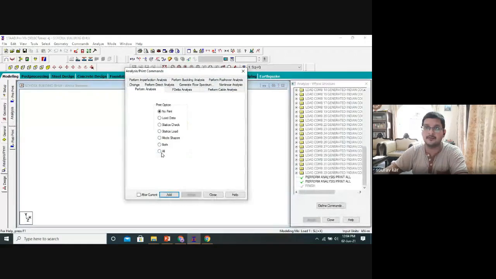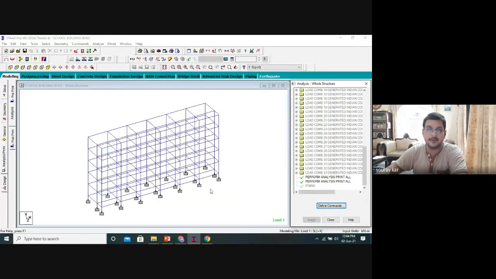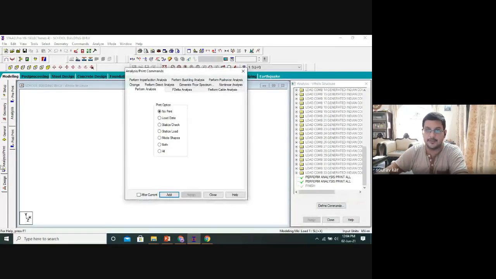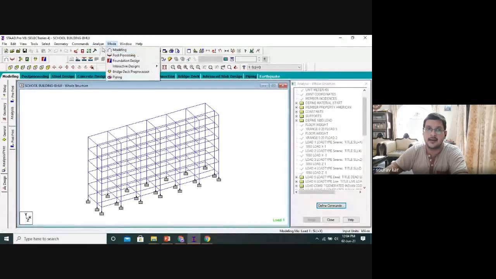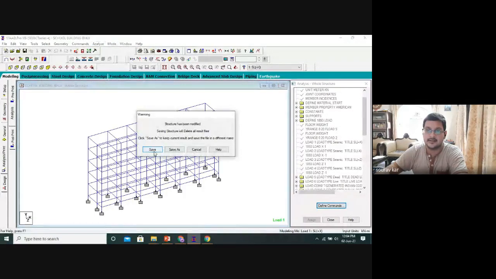Since I am opening the file after many days, I will select the analysis print, select all. Again, whenever you open a file which has already been analyzed before, you have to analyze again. We select the analysis print, all, add, close. Next we go to analyze, run analysis, save.